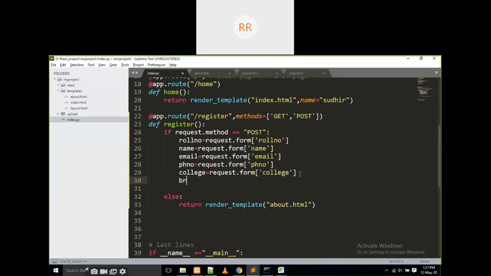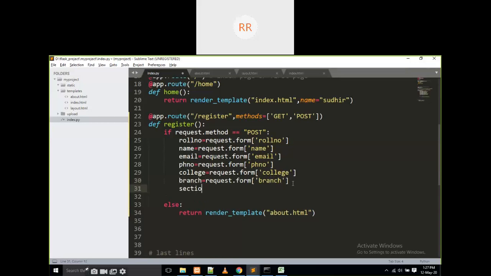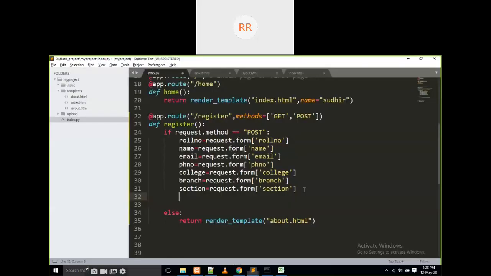The next one is branch is equal to, what is the name? Here, branch. After branch, that is section. Section is equal to section. The next, what is after section? Gender is equal to, what is the name there? That is gender.